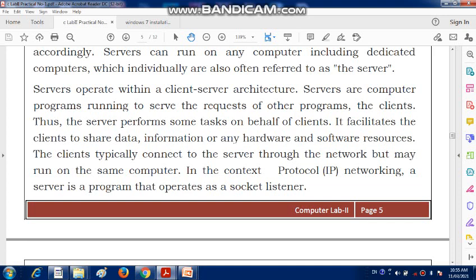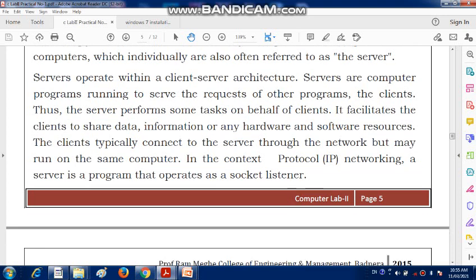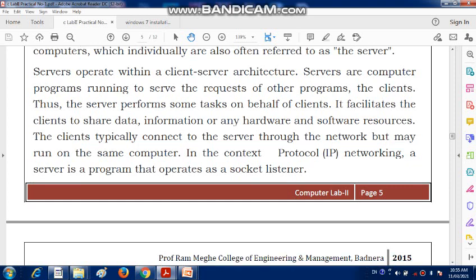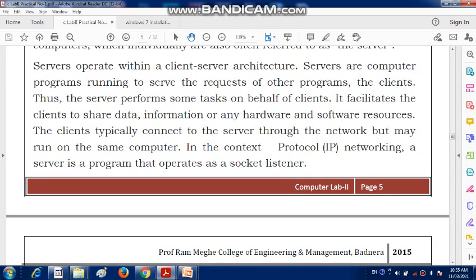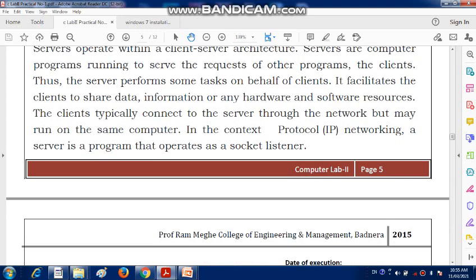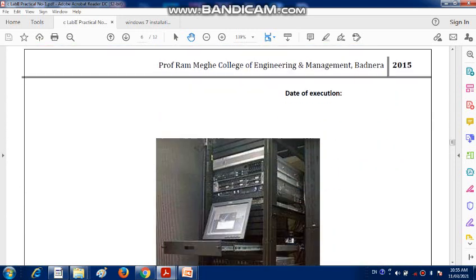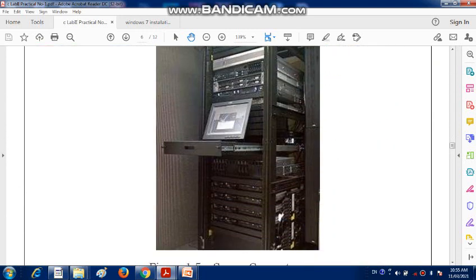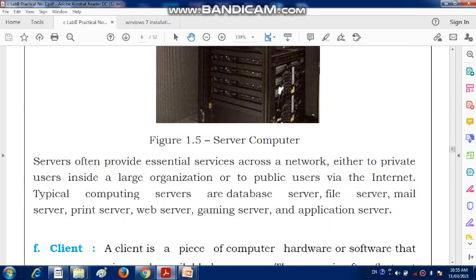If the clients want to share data, information, or any hardware or software resources, the client typically connects to the server through the network, but many run on the same computer. In the context of IP, that is Internet Protocol networking, a server is a program that operates as a socket listener. This is simply the server computer.